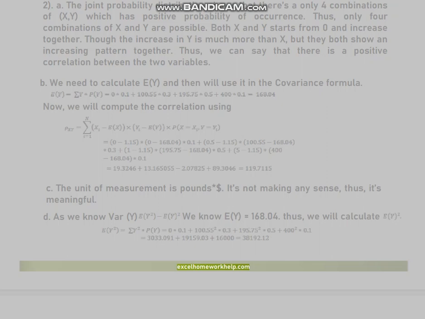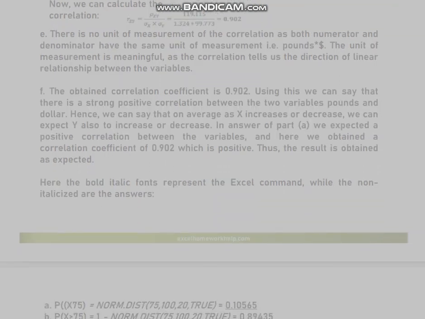Now, we can calculate the correlation. E. There is no unit of measurement of the correlation, as both numerator and denominator have the same unit of measurement, i.e., pounds times dollars. The correlation is meaningful, as it tells us the direction of the linear relationship between the variables. F. The obtained correlation coefficient is 0.902. Using this, we can say that there is a strong positive